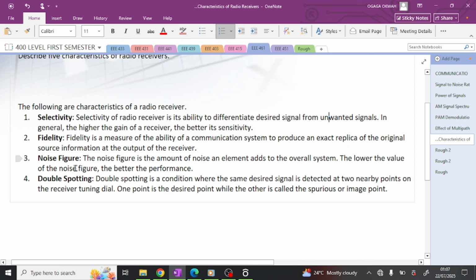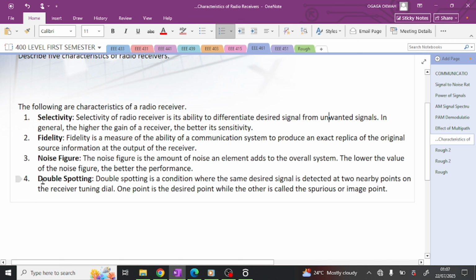So then the next characteristic is noise figure. Noise figure is just the amount of noise an element adds to the overall system. Note that noise is an unwanted signal. It's still a signal, but it's unwanted. Okay, so the amount of noise an element adds to the overall system. The lower the value of noise figure, the better the performance. I guess that's obvious. The last characteristic